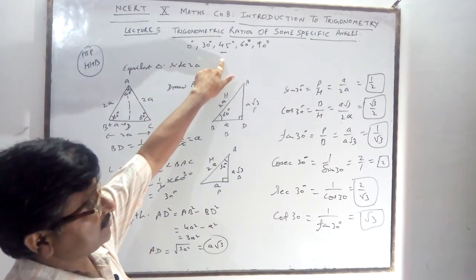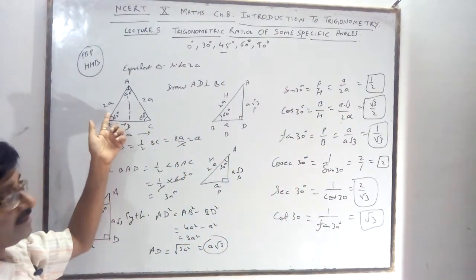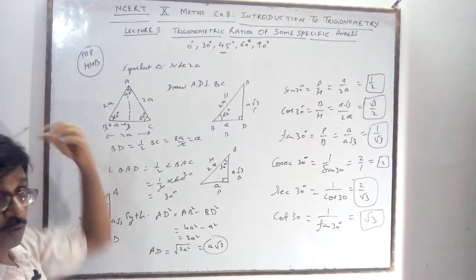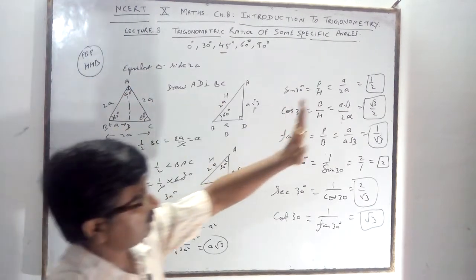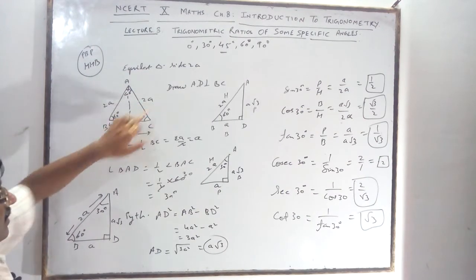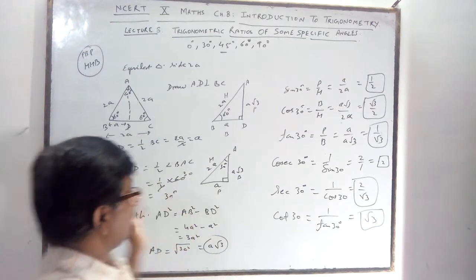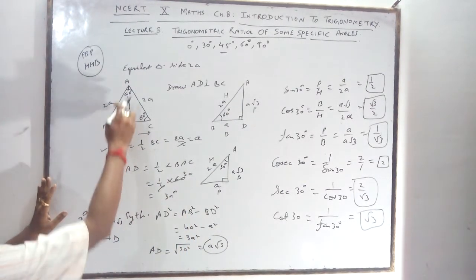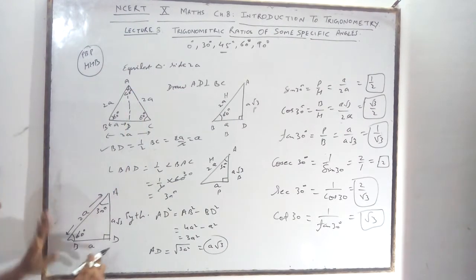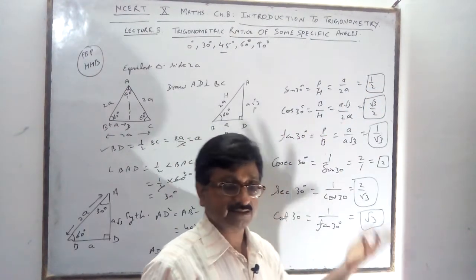45 you are getting by the isosceles triangle. These are unique values. I am taking 2, but it is not necessary. You can take A, you can take X, you can take 4A for all the sides, and then your answer will be the same. Take 8A or 9A, and it is 9 by 2A in the same way. Apply this rule: in an equilateral triangle, the perpendicular bisects the base and bisects the vertex angle. Apply all of it and you will get all the values, and at last your result will be this, and the 60 degree.